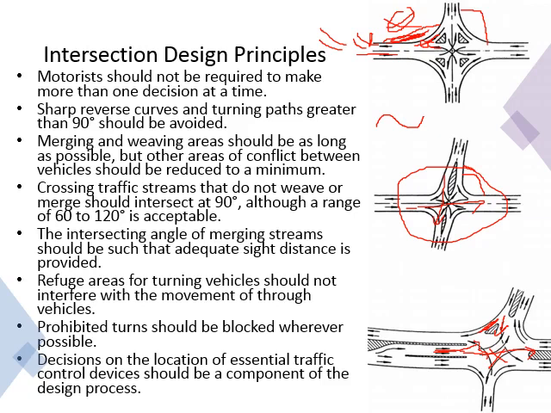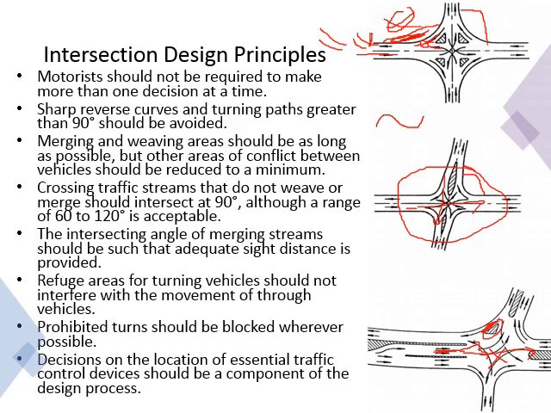Same thing for this right turning as well. When I'm in this space, it is prohibited for me to go straight. I have to take a right turn. So they have provided this island to me. There's a traffic island here, so basically this traffic island is prohibiting me to go straight while I'm here.